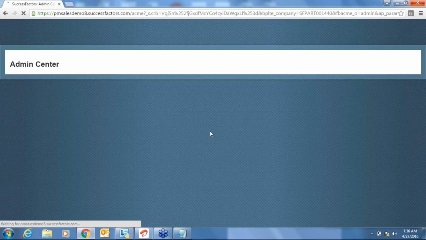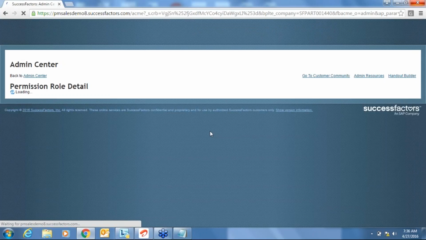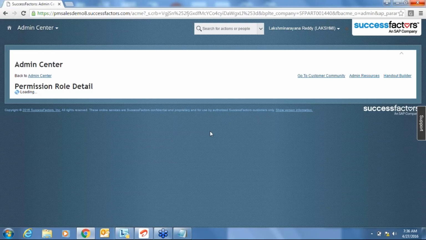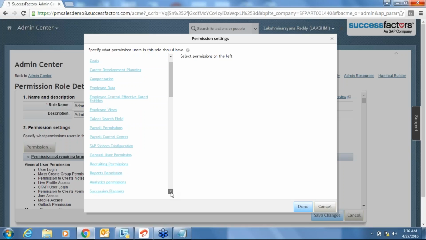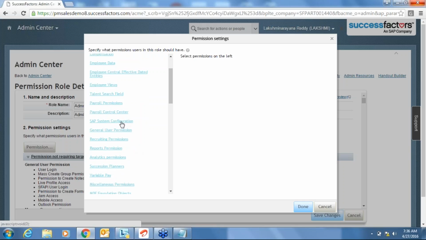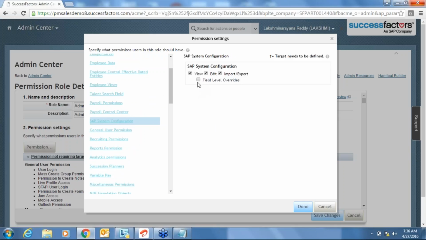Whichever role you want to create, you can create either a separate SAP API role or separate group, or you can use the existing one itself. Okay, you need to ensure that you are given these permissions. SAP system configuration. You can also give field level permissions, for whichever fields you need; otherwise it will take all. SAP system configuration, you need to ensure that